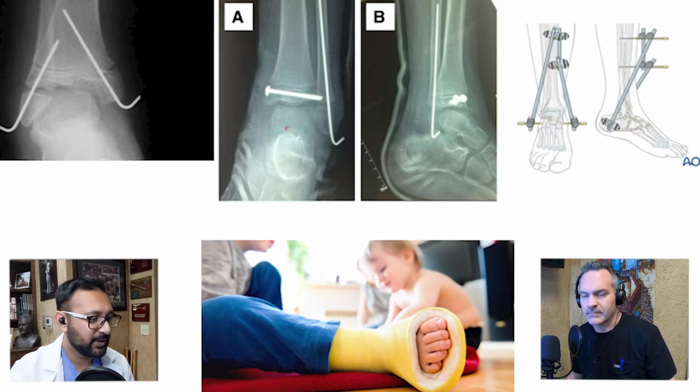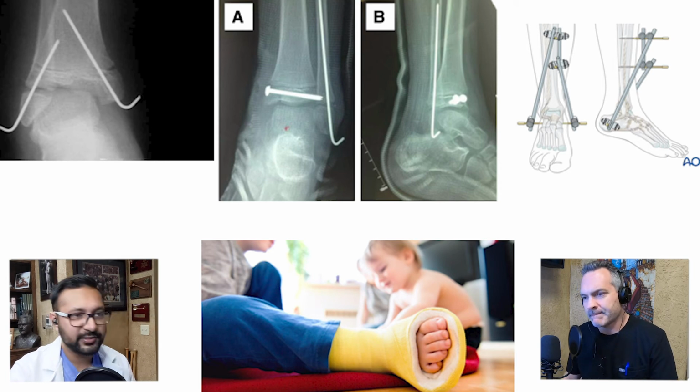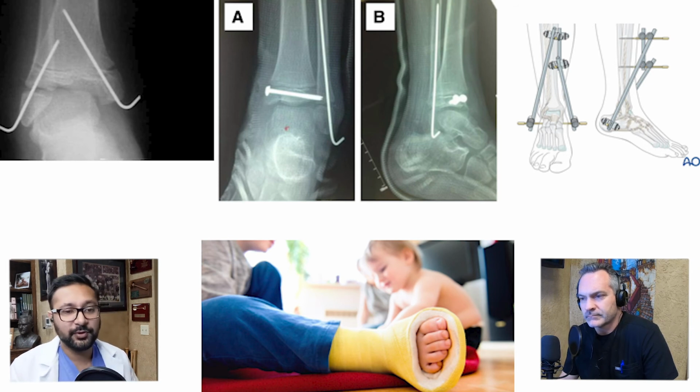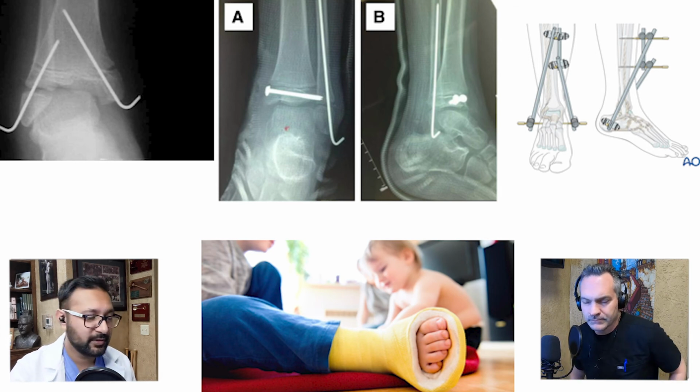Classic fixations for peds, just like we said, K-wires, smooth wires across the fracture site, across the growth plates, because we don't want to be the one injuring the growth plate. Right. Delta frames are sometimes used in children to avoid those growth plates, because sometimes they're comminuted and we want to put plates and screws across them, but it's safer to distract and use that delta frame or external fixator. And then obviously casting your patients. I think casts in peds work a lot better than boots. Yeah,